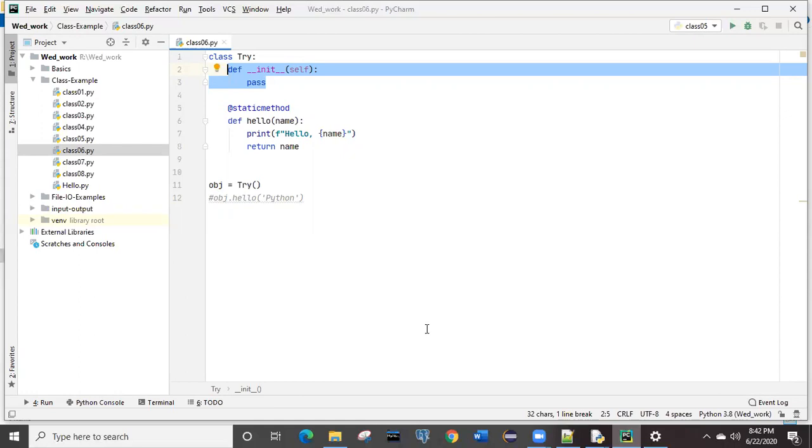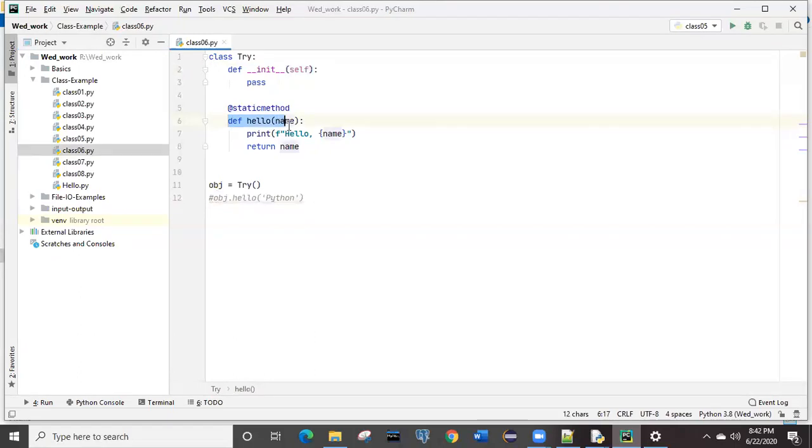Now, if you see this method, def, the method name is hello, which will take one argument, and that argument you need to provide.